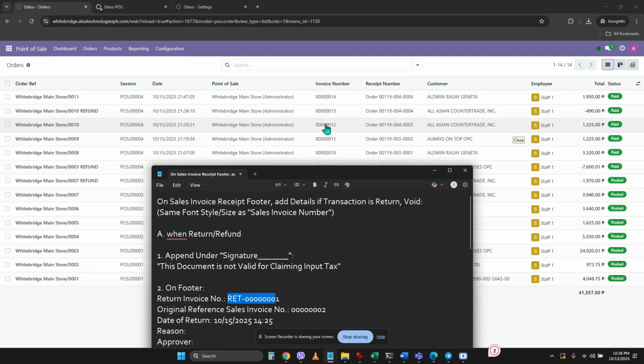So when the original invoice has been refunded, we will refer to invoice 13 as RET. Okay, so just to make sure, we have 1, 2, 3, 4, 5, 6, 7, 8. So this will be the return invoice number.